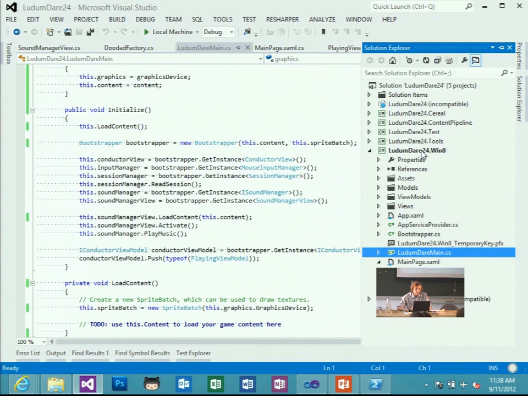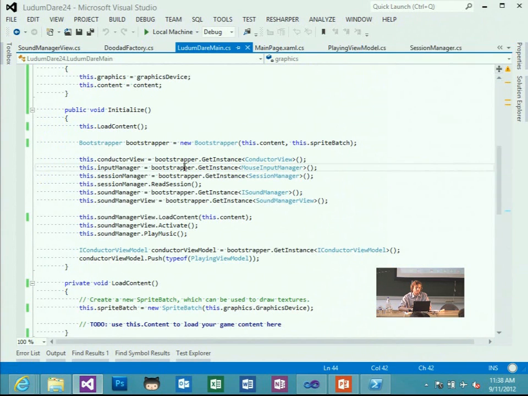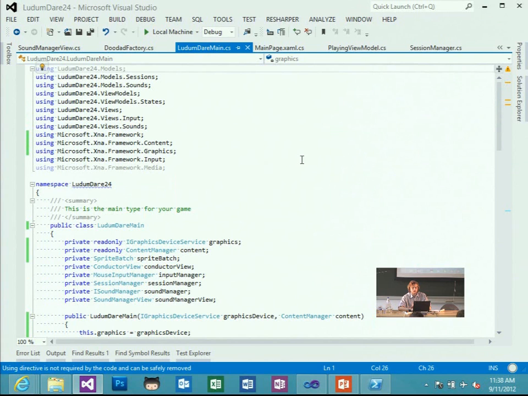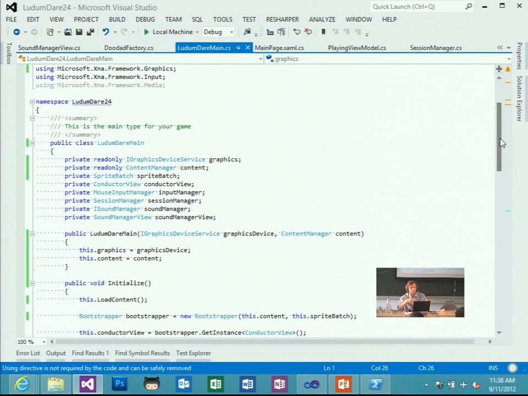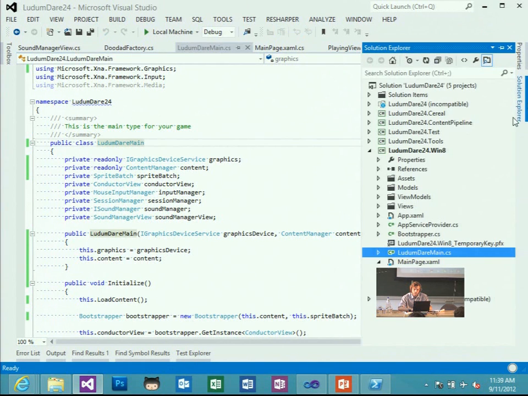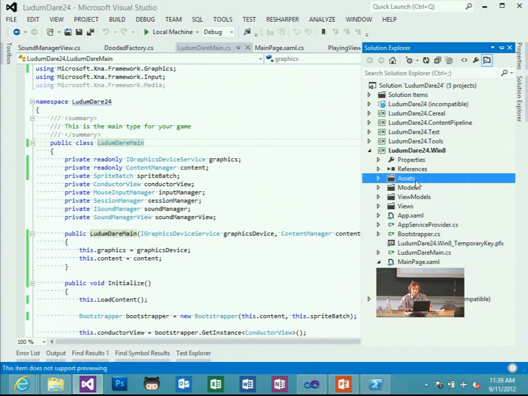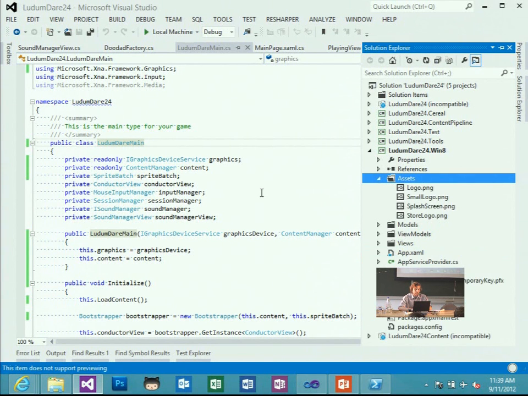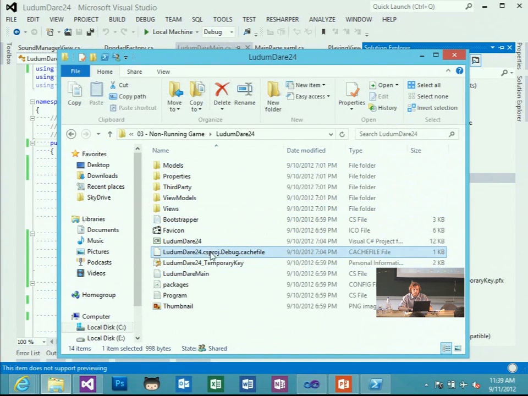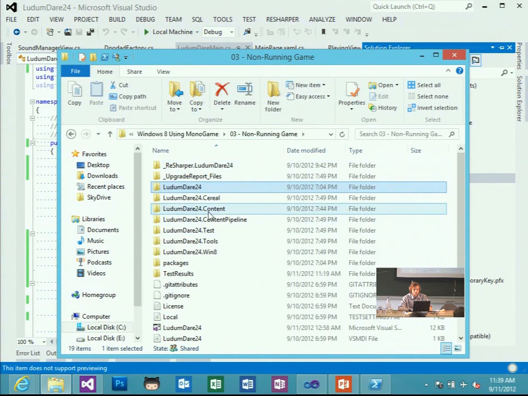We've transformed the Ludum Dare main class so that it is a more reusable class. It is now agnostic in terms of what its container is. It could be put inside an XNA game, or it could be put inside a main page, whatever the case requires. And we ran the project, but there were no assets. So I'm not going to manually add all the assets, but what you would do at this next step is you would go to your, I